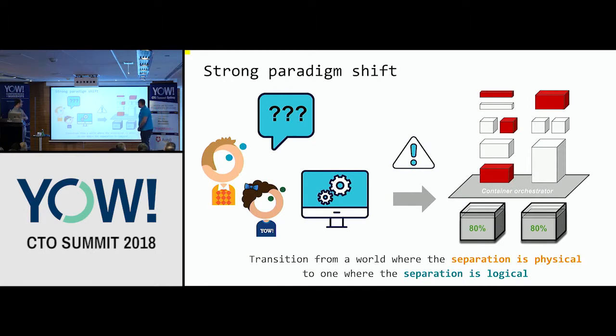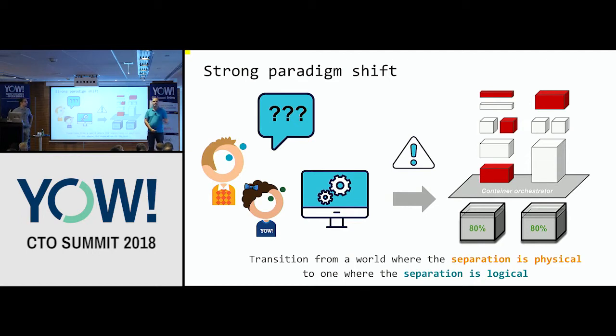And because everybody is using the orchestrator, and they need to play with that, dev and ops and so on, we have to keep in mind there is a very strong paradigm shift in this. Previously, everything was on one server, so it was really easy to take care of this server, to know when it was running and so on. Even if it was several servers, we knew where they were and we could connect directly. So there was a kind of physical isolation, and we knew where things happened. Like for development, you probably know it's on this cloud. For production, on another VLAN, probably in another part of the cloud and so on.